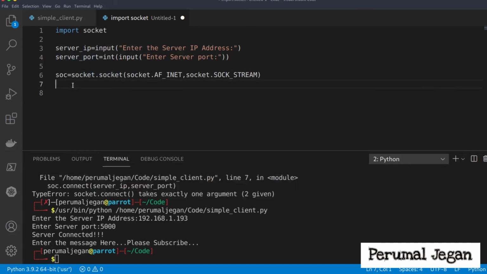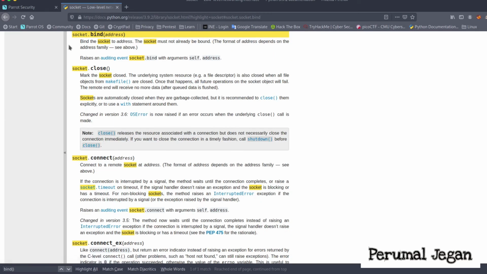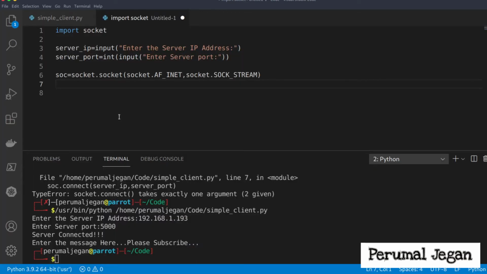For that, we are using a function called bind. Let's check the function in our documentation. You can see here, when I use this function, the socket will be bound with this address. Bind the socket to the address. So this is the concept here. Now let's do that.